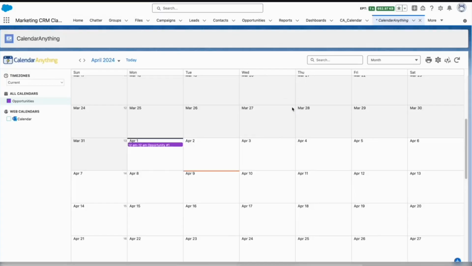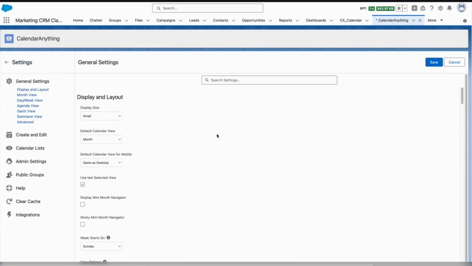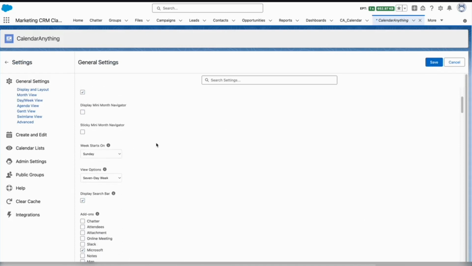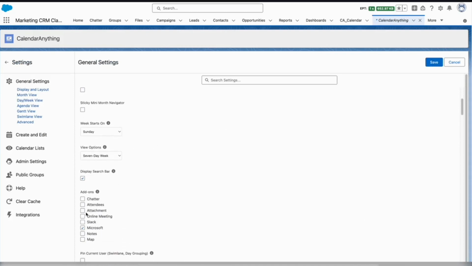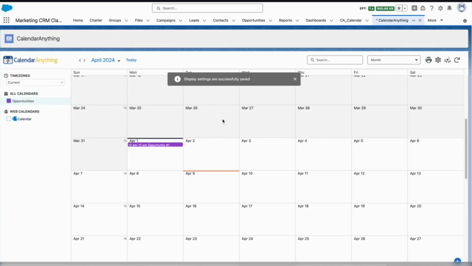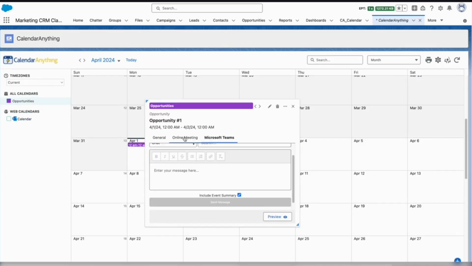Now, let's look at how to add the add-ons for team meetings. Click on CalendarAnything General Settings. In the Display and Layout section, right under Add-ons label, make sure the checkbox Online Meetings is selected and click on Save. Click on an existing event on your calendar of your choice, and you'll now be able to see a tab